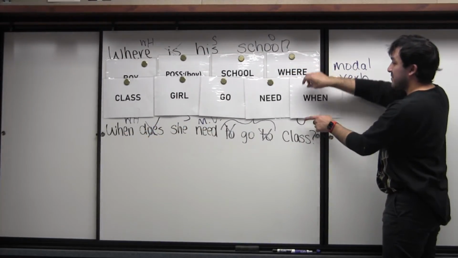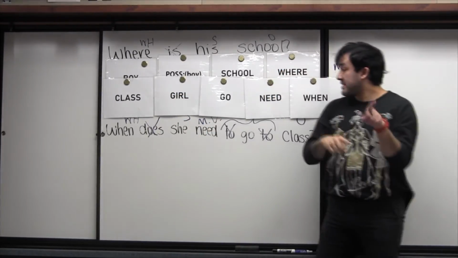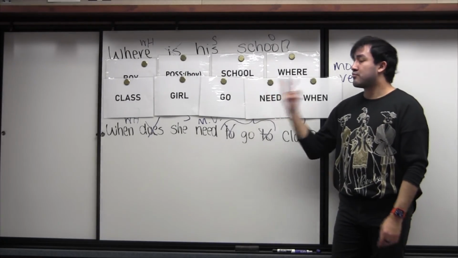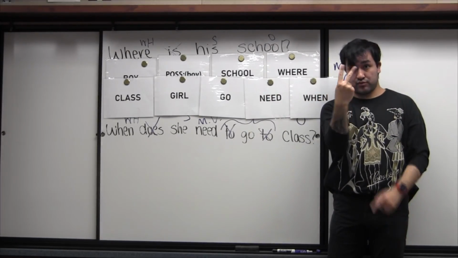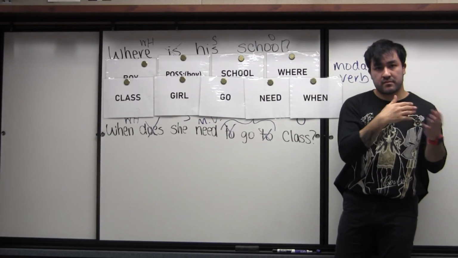Not to be confused with the position of some of the other words. So now we have our sentence: class, girl, go, need, when. Okay? So when does a girl need to go to class? And again, we have the 2 verbs. And typically, if